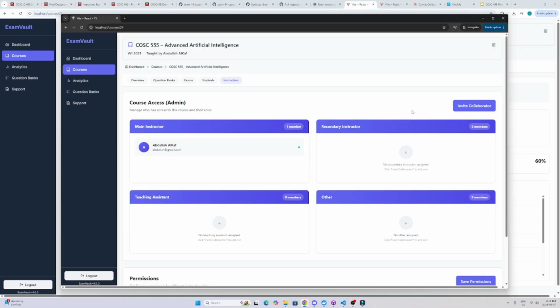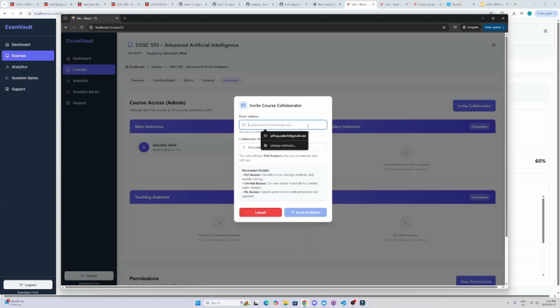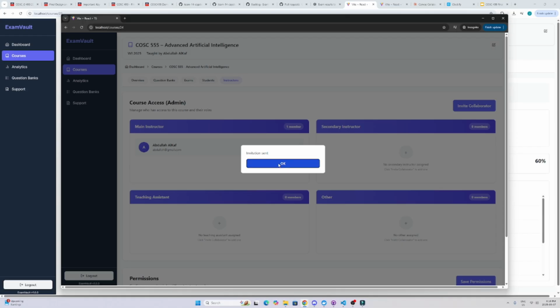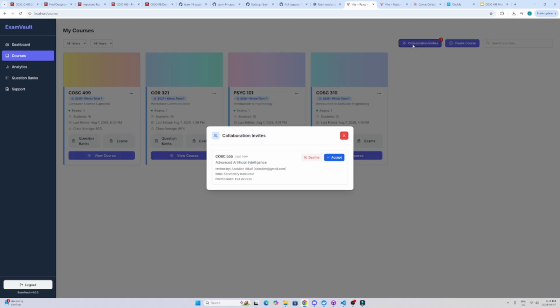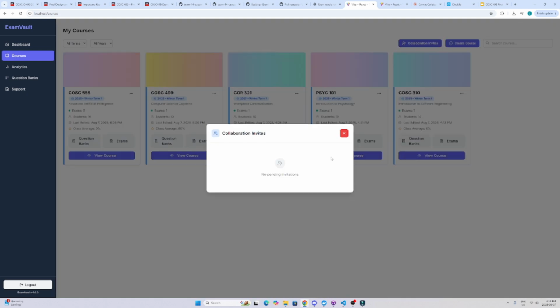From here, we can invite a collaborator for the course. We're going to invite the original account that I was demoing. So here we can see that an invitation was sent for a secondary instructor giving them full access permissions. If I go to my other account, to my collaboration invite buttons, I can see that that invitation was sent